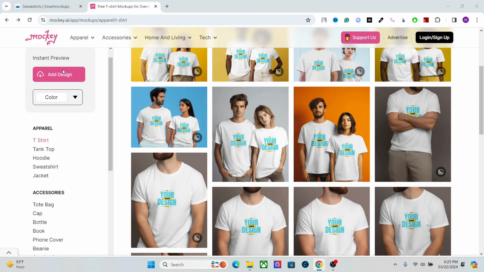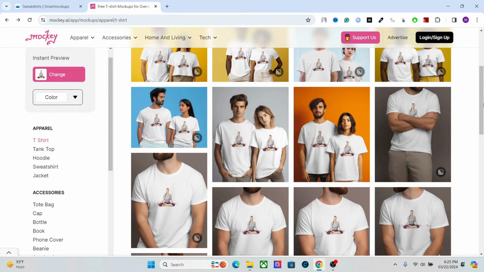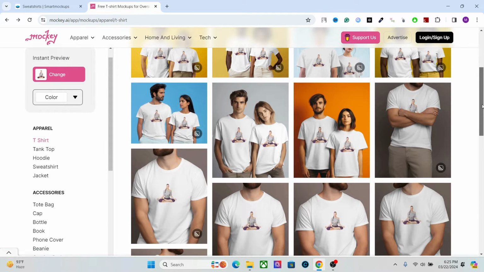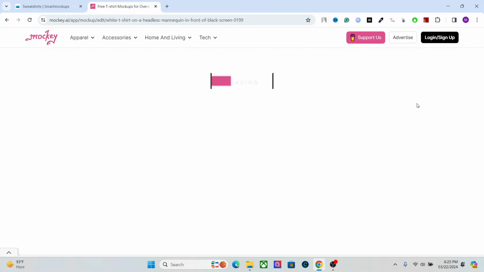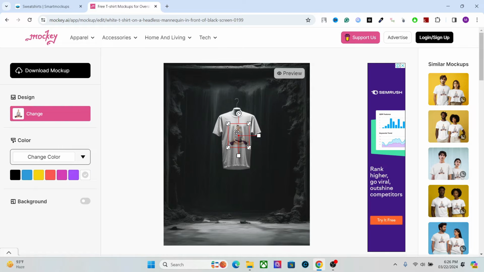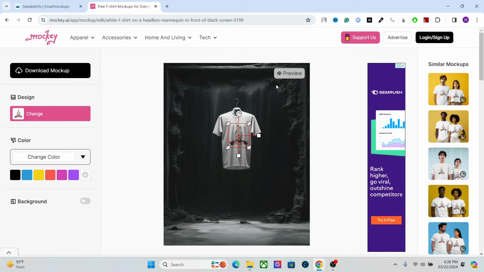So first of all, you have to add a design. So let's open any design, and it will create the preview of all the images, right? So for example, this one right here. Although it's not the best image for this type of mockup, like this one is really good for sports. You can click on it and it will create the mockup. Now you can change the size, the color of the t-shirt, and you can also add the background if you want. Okay, so this is the mockup,